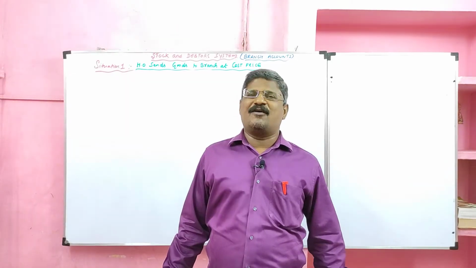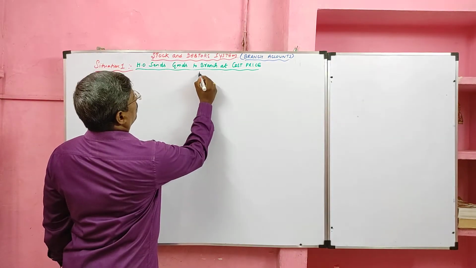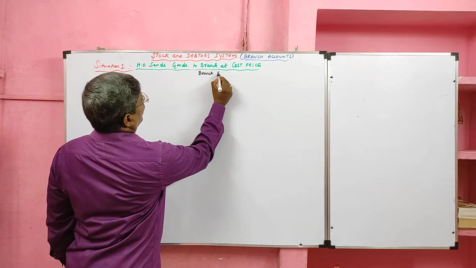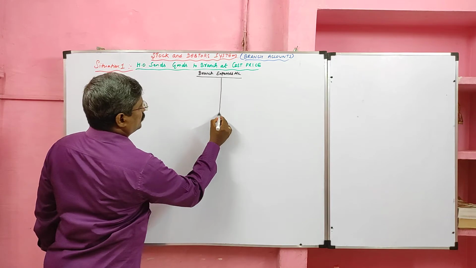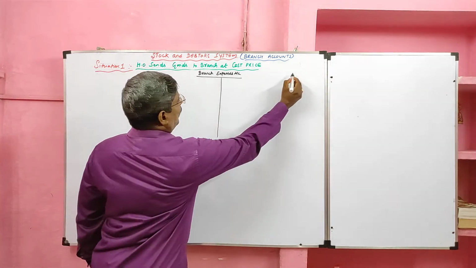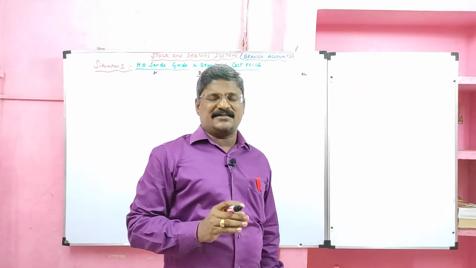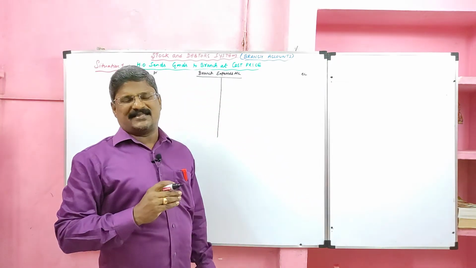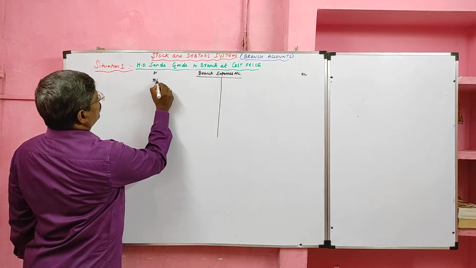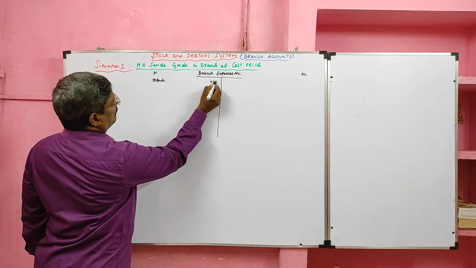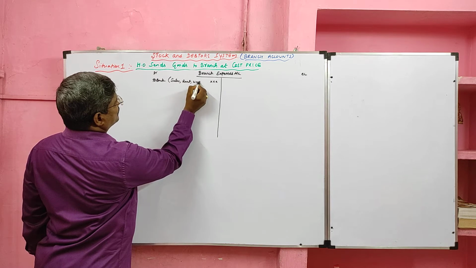Look at the board. And now we learn the format of branch expenses account. It has two sides, debit side and credit side. The expenses are two types: cash expenses, non-cash expenses. If it is cash expenses such as salary, rent, wages, etc., we should give a debit to the bank, in case salary or rent or wages are paid.